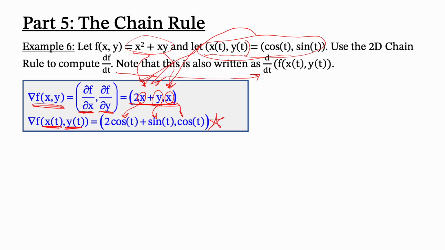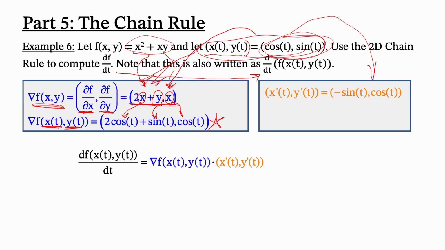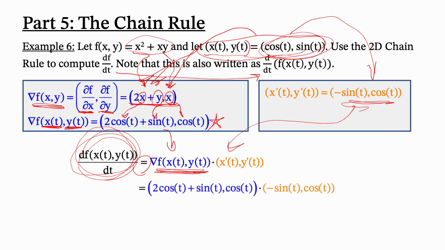All right, now let's get the tangent vector. We need the gradient of f of x of t, y of t, and I need the tangent vector. Tangent vector is quicker. You just take x prime of t, y prime of t. So you take your cosine comma sine and take the derivative of each component with respect to t. We're good to go. Now, finally, we put it together. The chain rule says that df/dt, the thing we're trying to find, is equal to the dot product of that gradient vector we just found and that tangent vector we just found. So plug it all in,